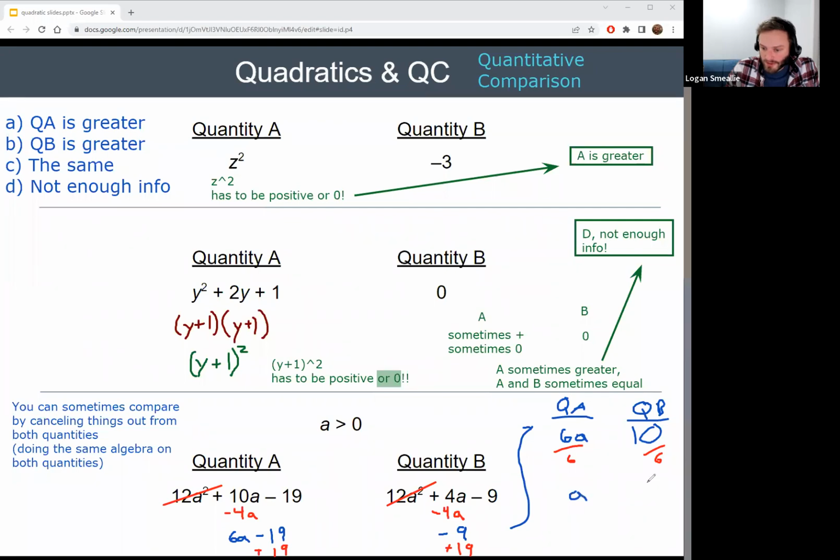A versus 10 over 6. Or if you like decimals, that's A versus 1.667. Yeah, 1.66 repeating. Basically 1 2/3. We'll come back to what the final answer is, but this move of basically doing algebra to both quantities is